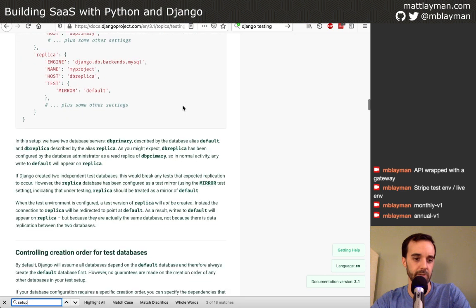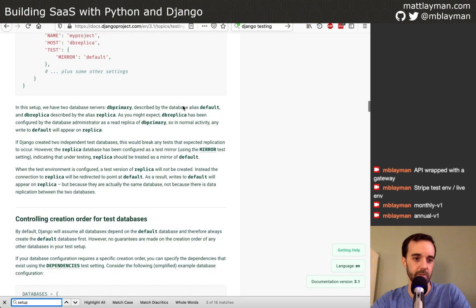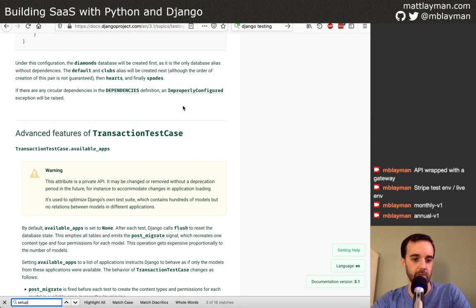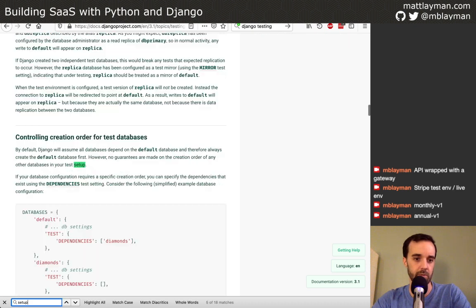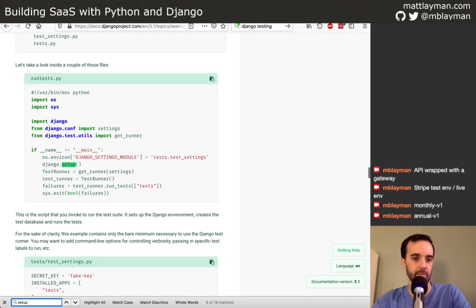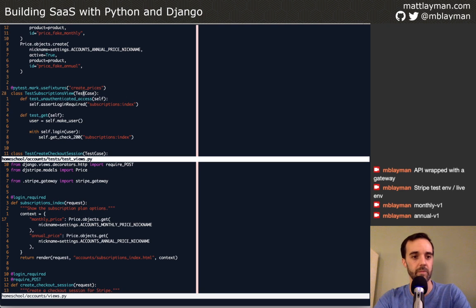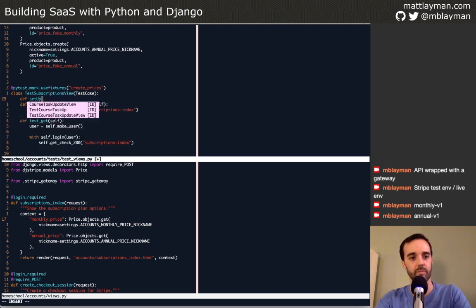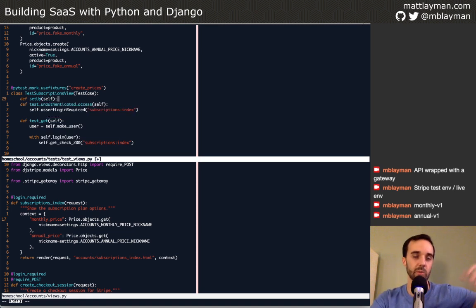Wild goose chase. That's what this feels like. Setup. All right, we'll just try and do it at just the setup level, which is probably overkill. So ideally, you would only have to set up these prices for the whole test class, and everything else would